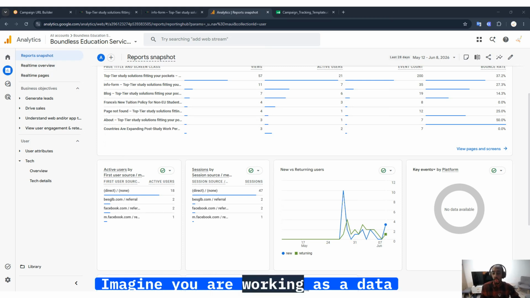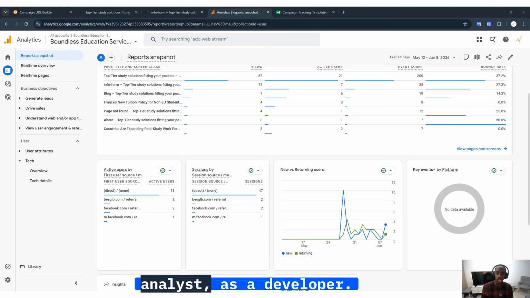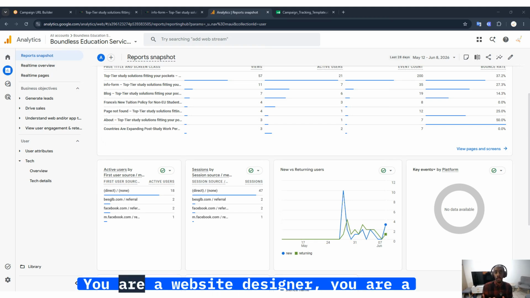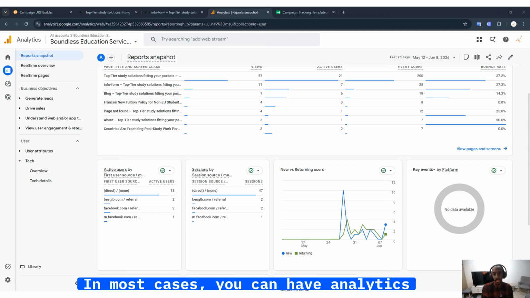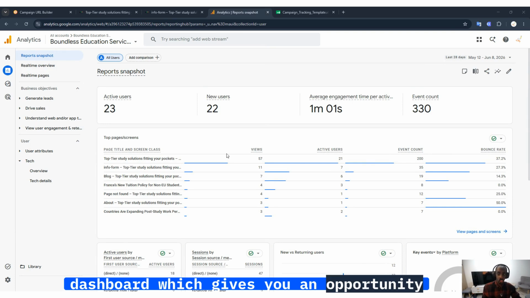Imagine you are working as a data analyst, as a developer. You are a website designer, you are a website owner, and you want to understand how clients, how visitors come to your website. In most cases, you can have an analytics dashboard, which gives you an opportunity to understand